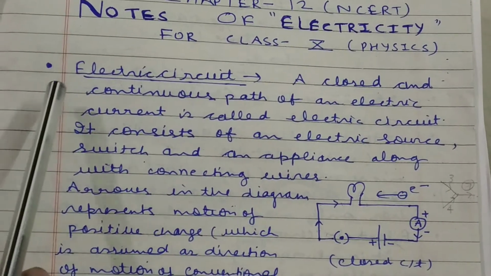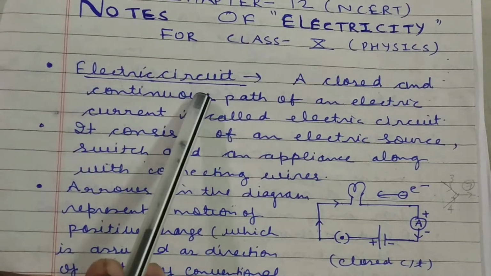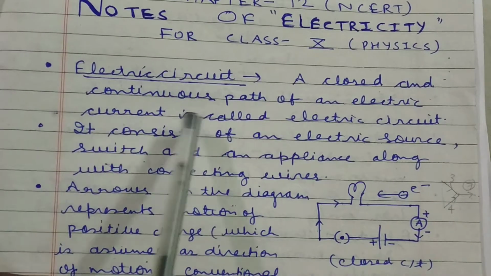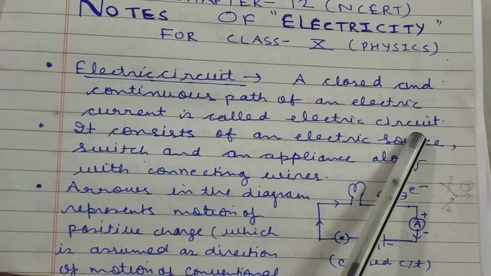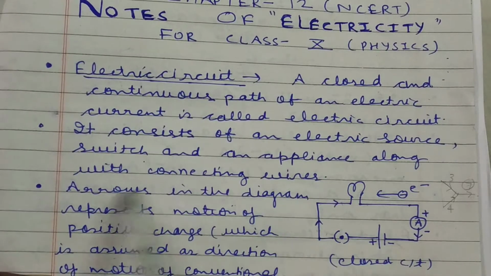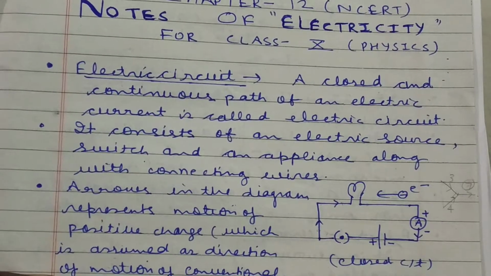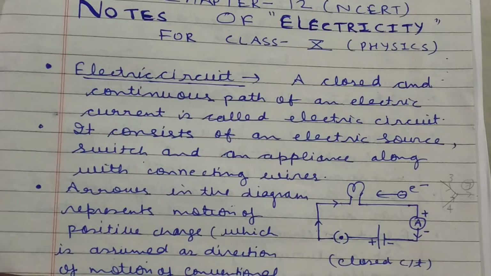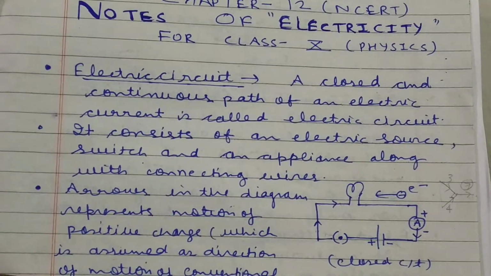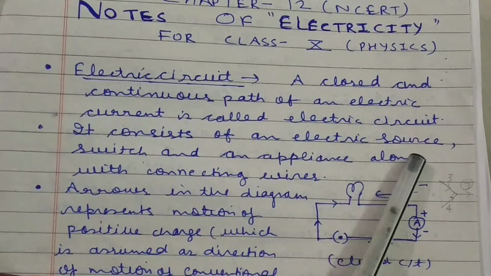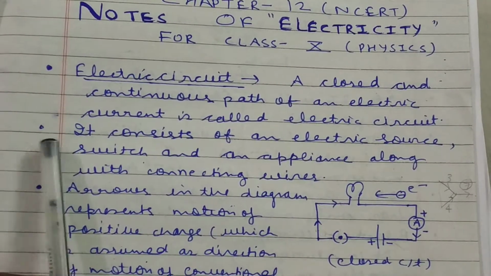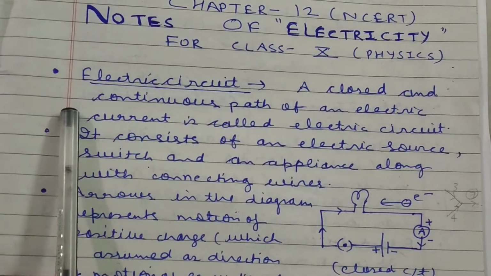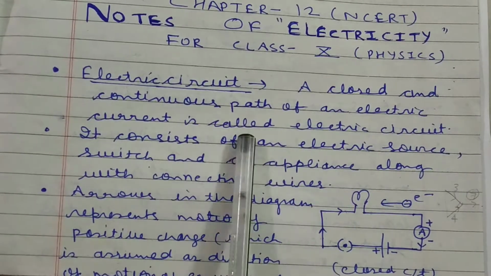First point. First, you have to know about electric circuit. What is an electric circuit? A closed and continuous path of an electric current is known as an electric circuit. As in your home, there is an electric circuit to run all the appliances like a tube light and electric fan. They all run when you switch on the board. On the electricity board, that will be a complete circuit, and if you switch off, no appliance will run. So an electric circuit is one in which there is a closed and continuous path of electric current.